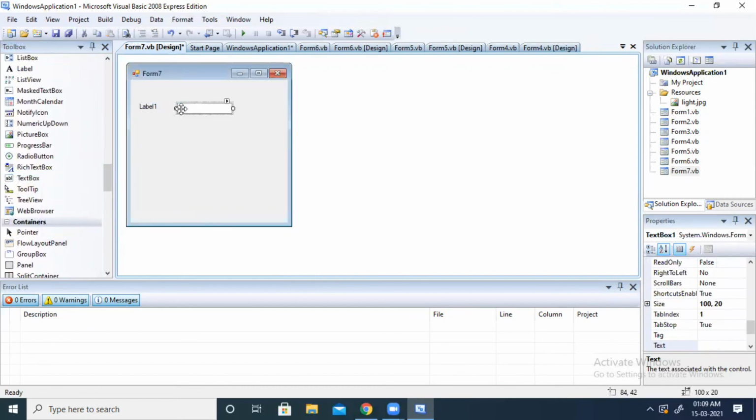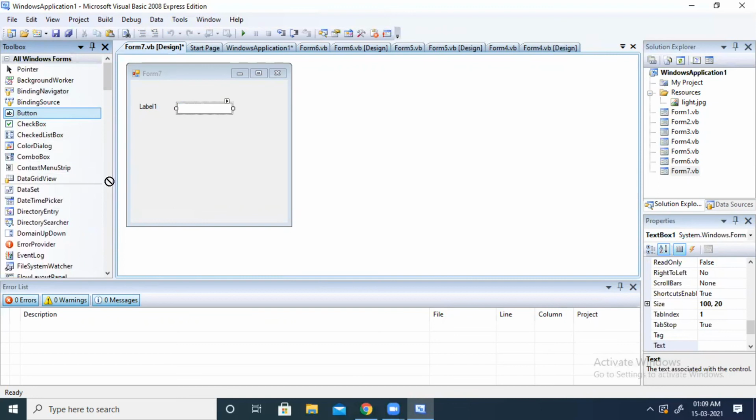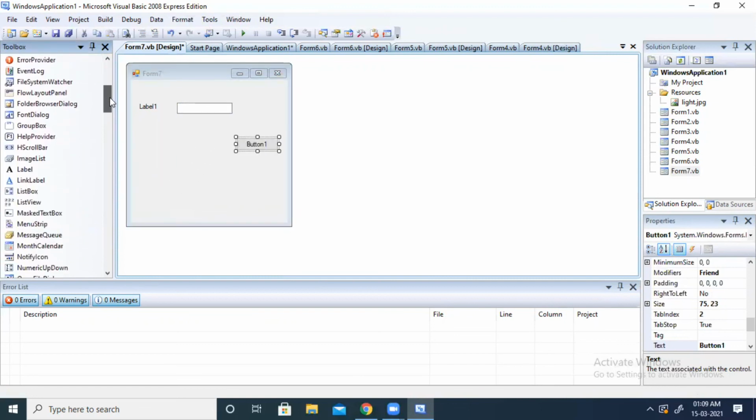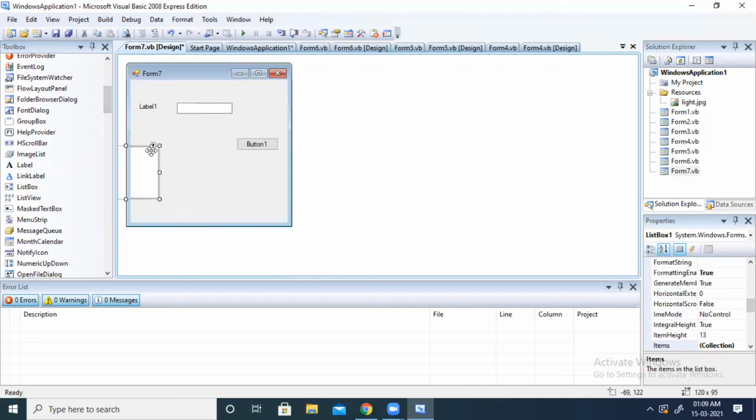Now one button. Let us take a list box to add the value.